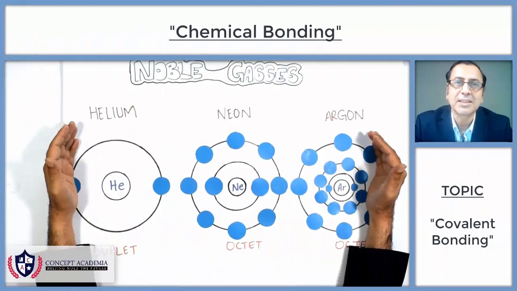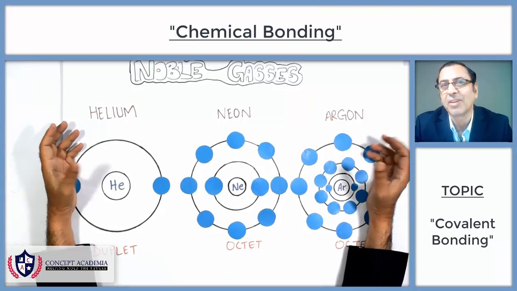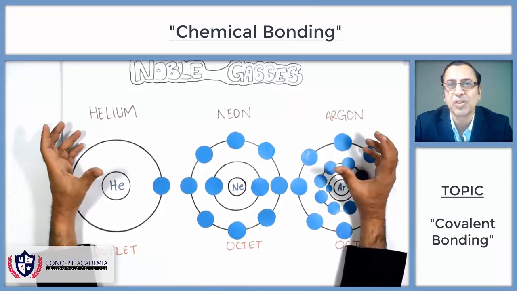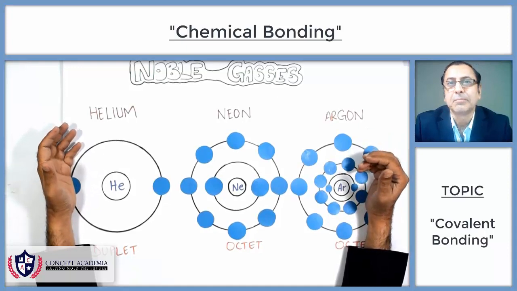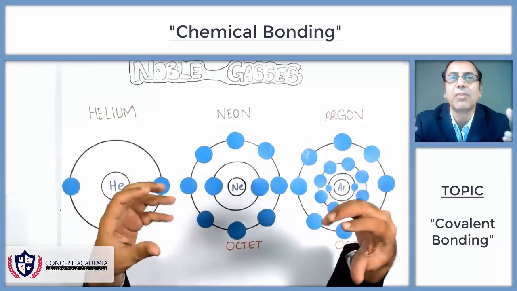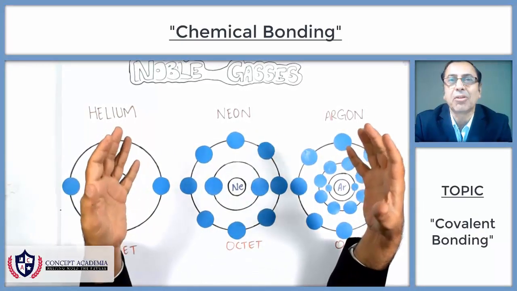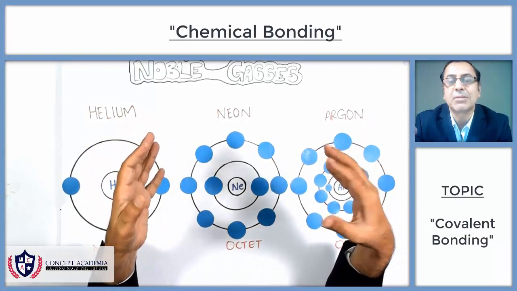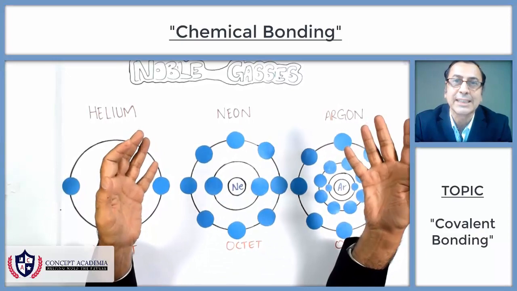So today we are discussing covalent bonding. In covalent bonding, there is a sharing of electrons. There is a mutual sharing of electrons between atoms, and this mutual sharing of electrons produces a covalent bond. The basic motive behind covalent bonding is to get the last shell electronic configuration of noble gases and to